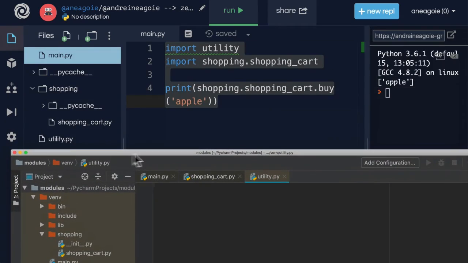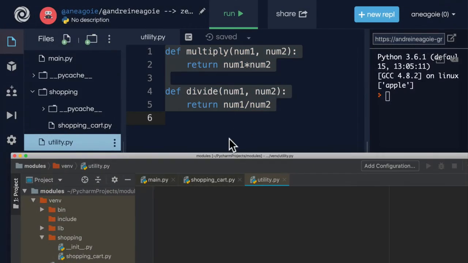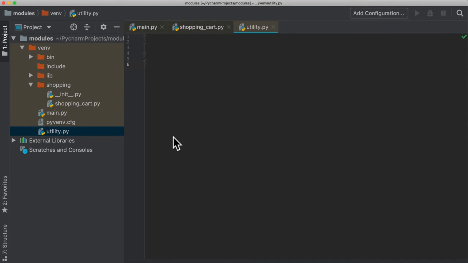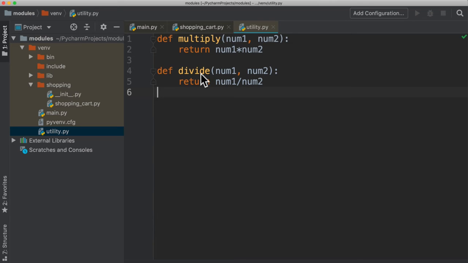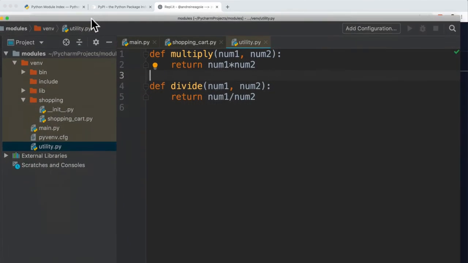So we have the same setup that we have here. Let me copy this over as well. All right. And we copy. Let's make this bigger like that. All right. So we have our files just like we have in our REPL, except this time we're actually using